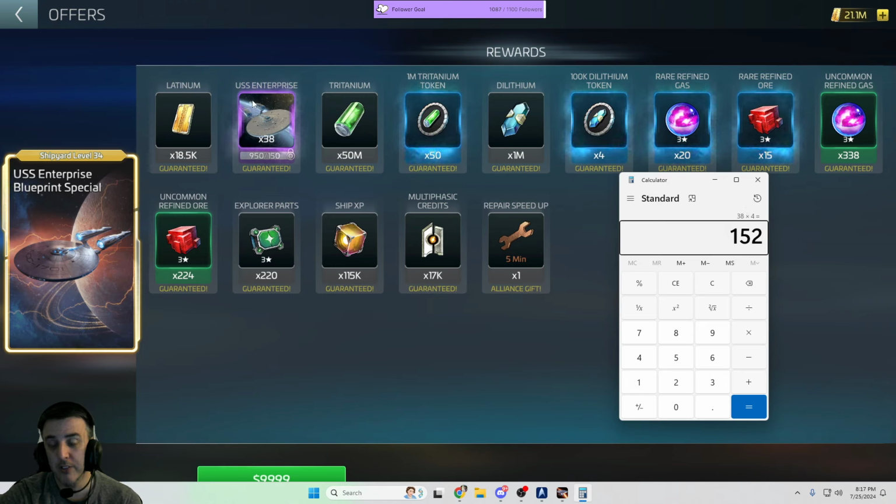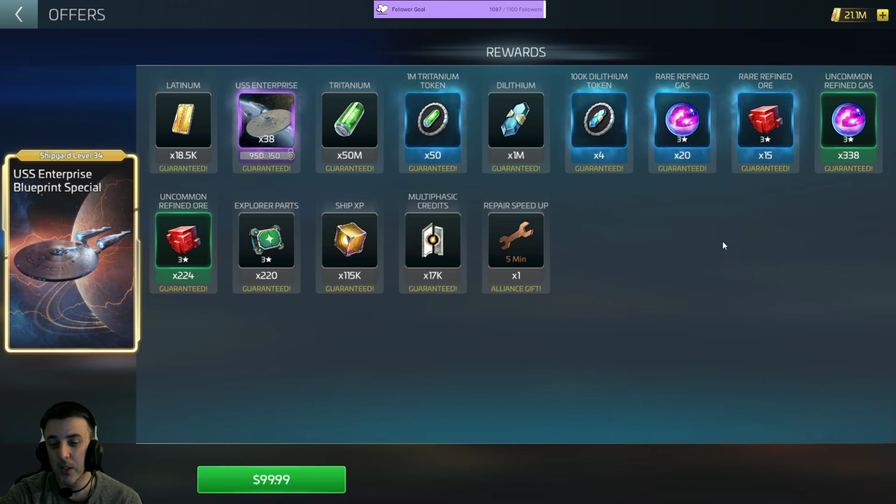That'll get you 152 blueprints. So now it's only a $400 ship. So nice to see that the price on these is slowly decreasing. Not fast enough, but it is moving, because it wasn't too long ago where it was 600 bucks, and I think the last time we did one of these updates, it was still a $500 ship. So the fact that now it's down to 400